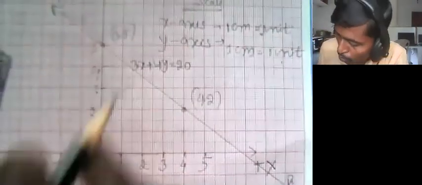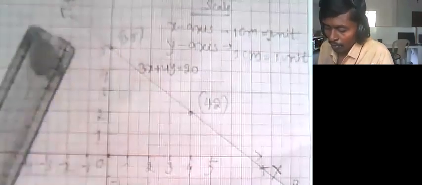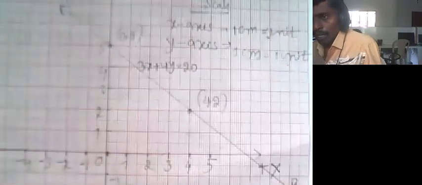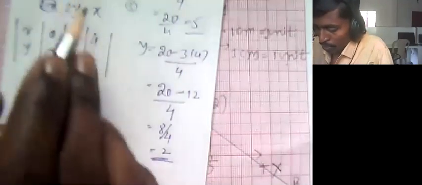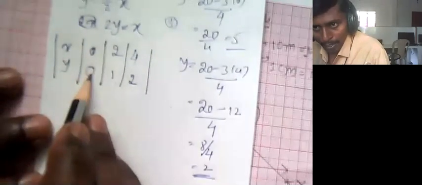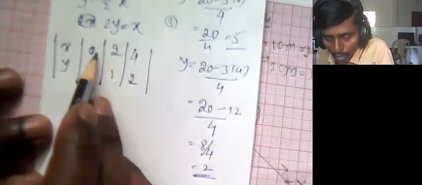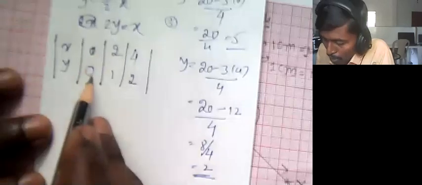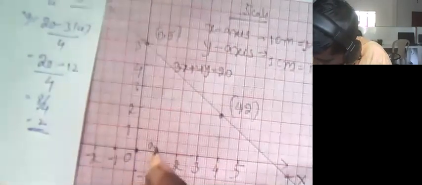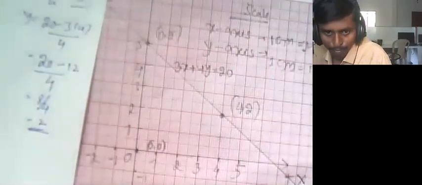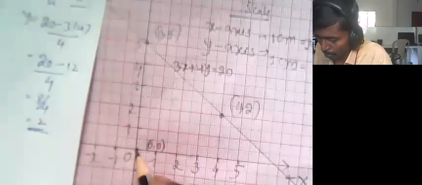Okay, this is actually a 4-mark problem. Therefore, the first equation is over. Now we have to plot the graph for the second equation, y is equal to half of x. Half of x means what are the first values we are getting? 0, comma 0. 0, comma 0 means origin. Here you should write 0, comma 0.